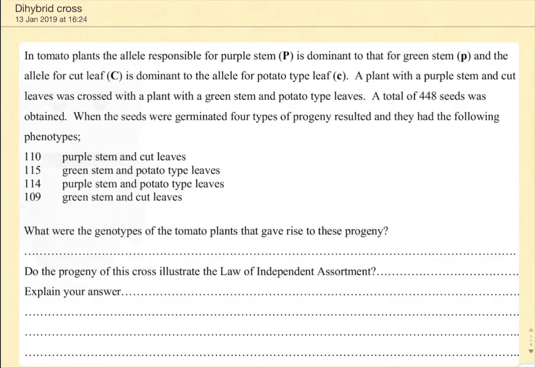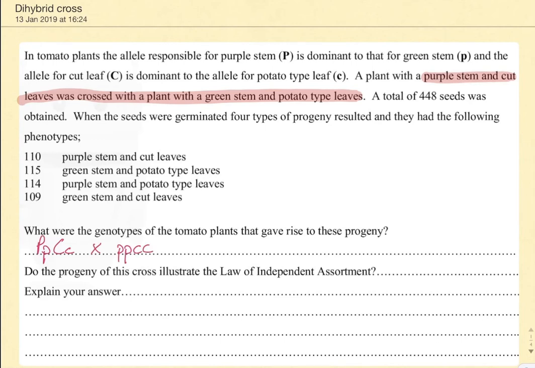We are asked in the first question to determine the genotypes of the parents. Go back to the paragraph and highlight what is being crossed. From the offspring, we can see that there is a lot of variation. This means that the purple stem and cut leaves would have to be heterozygous, as the other parent is homozygous